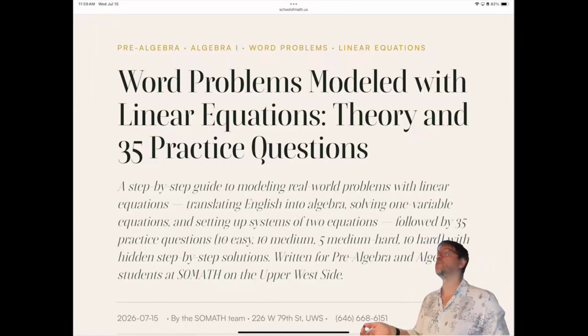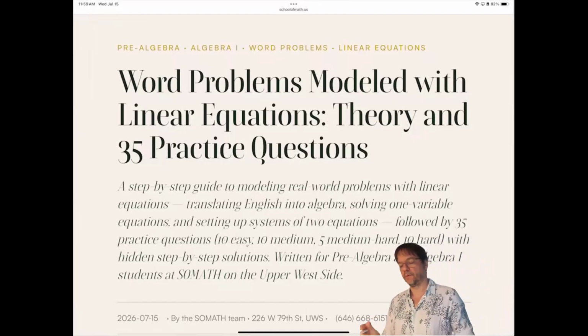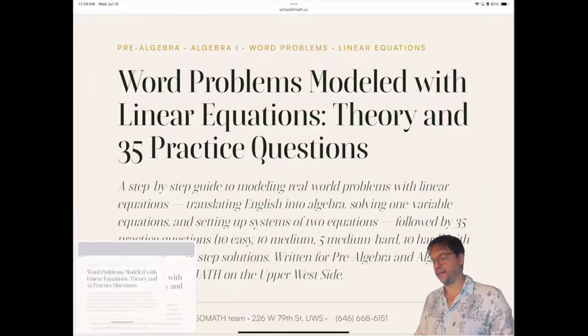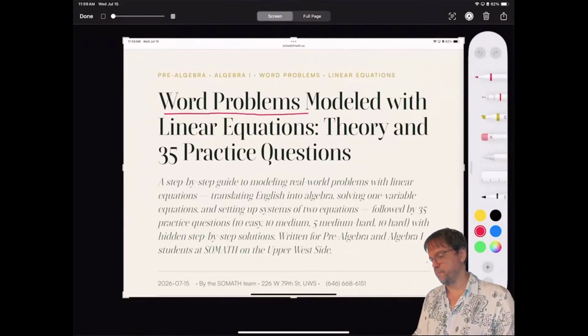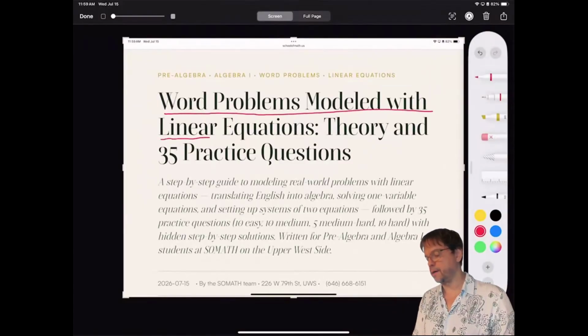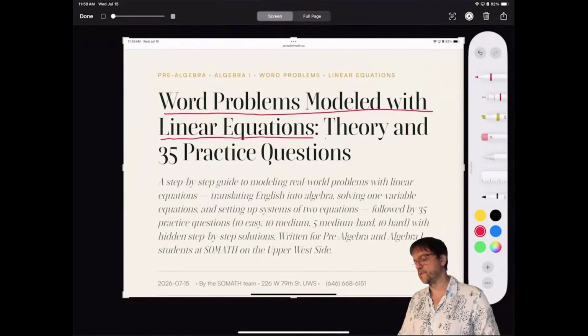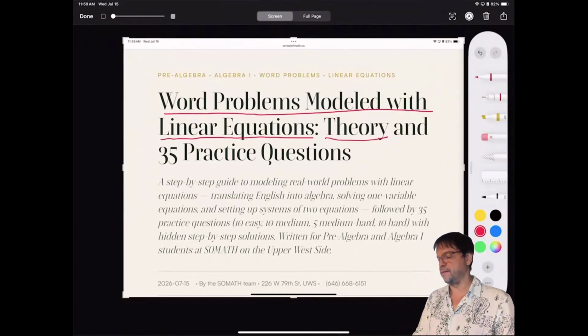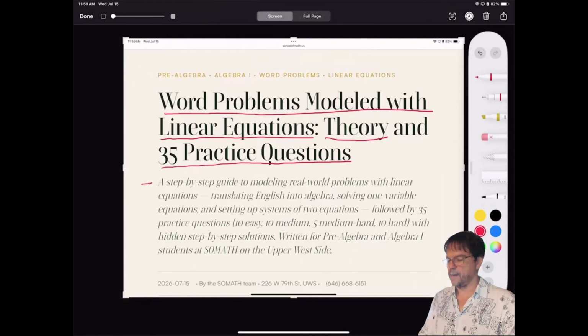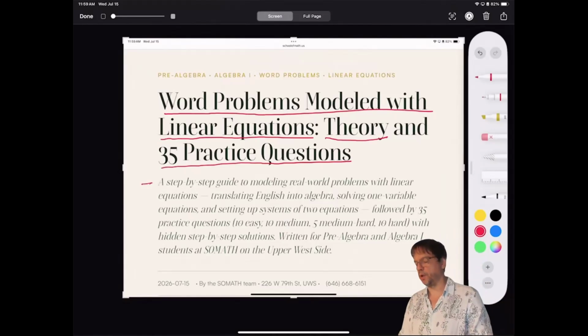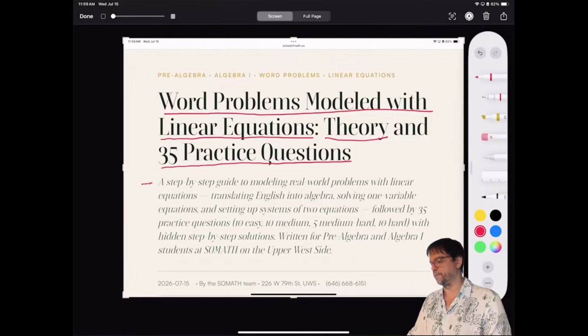Today is the second week of our course. The classes are independent. So today, the topic that we're going to see together is word problems modeled with linear equations. We will see the theory involved and 35 practice questions. So a step-by-step guide to modeling real-world problems